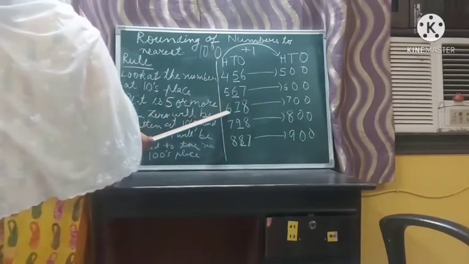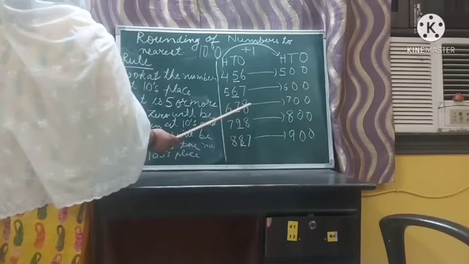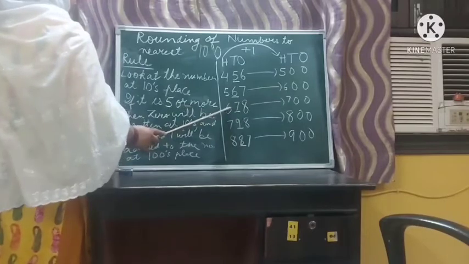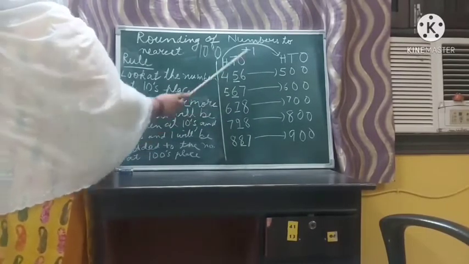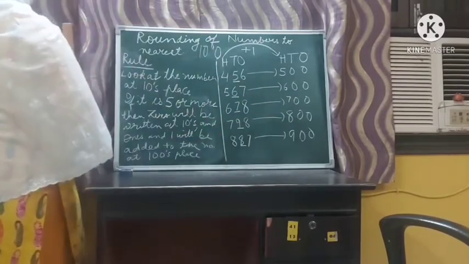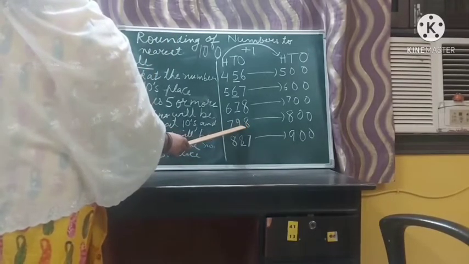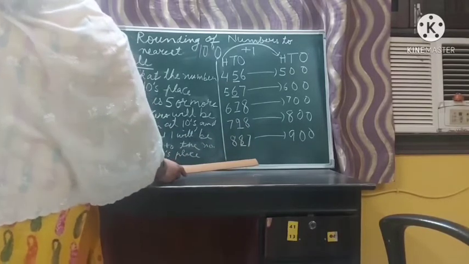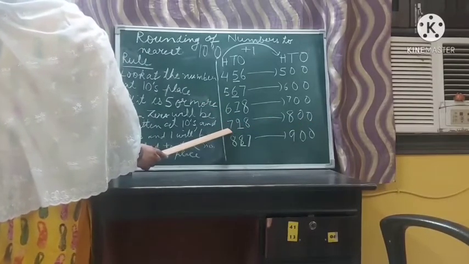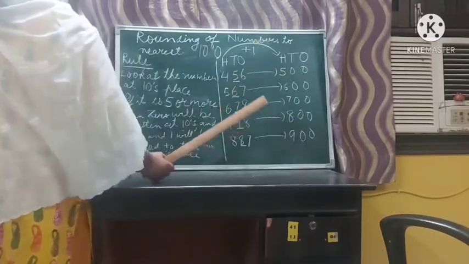Now see this example, 678. 7 is greater than 5. So you wrote 0 in the place of ones, 0 in the place of tens. But in the 100 place you will add 1 to this 6. 6 plus 1 is 7. And 678 will become 700. Similarly, 798. 9 is the tens digit, which is greater than 5. So in place of ones and tens you will write 0 0, and in the 100 place you will add 1 to this 7. 7 plus 1 is 8. So 798 will become 800.